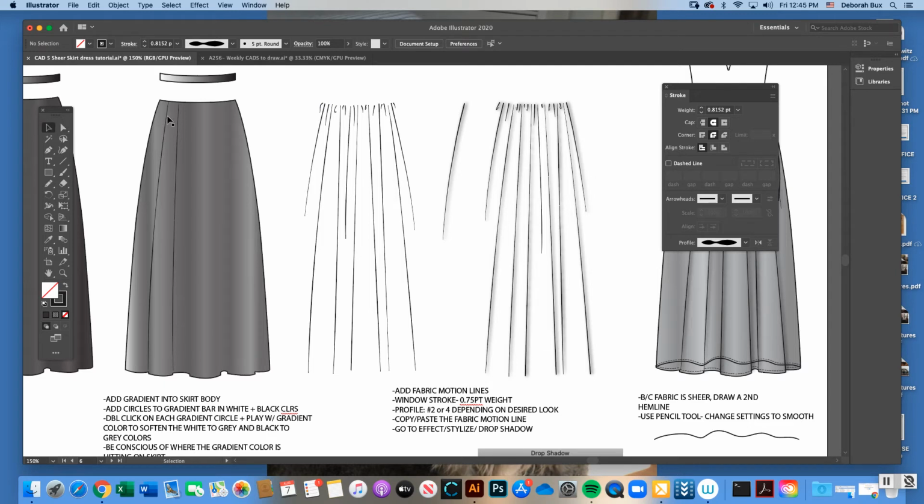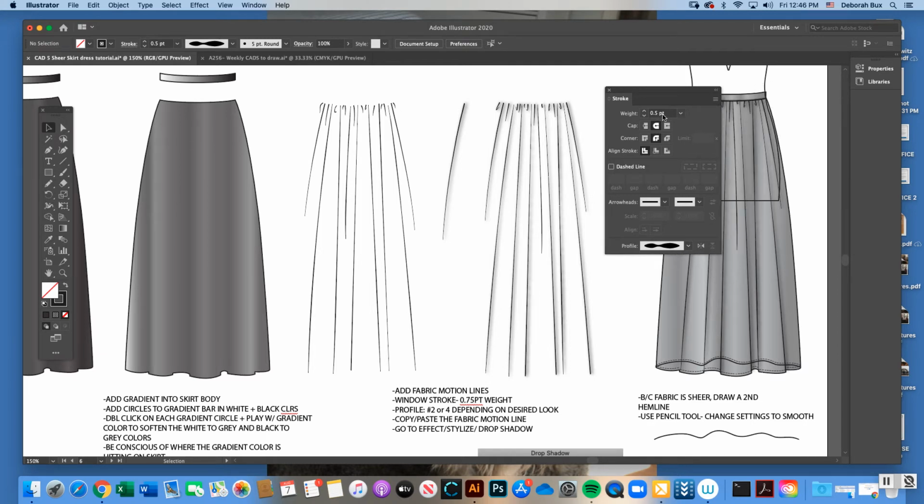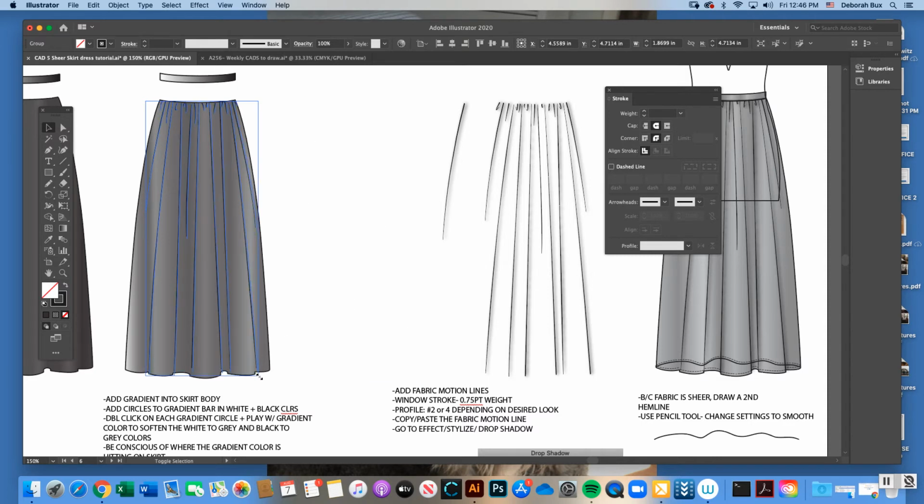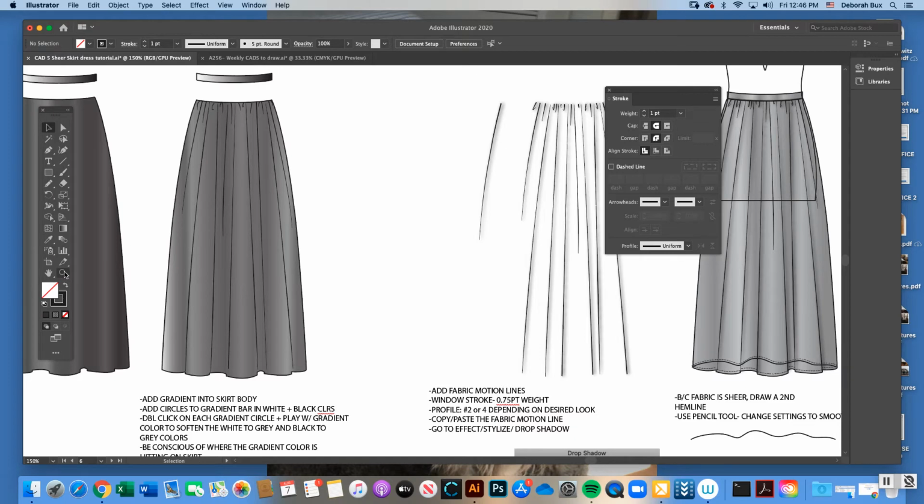So I'm going to take these two off for a second because I just wanted to show you the width stroke profile, 2 profiles here that you're going to use to do those lines. Make all your fabric motion lines a weight of 0.5, so that's important. Keep that. And then once you have all your lines, you're going to group them. But I have all mine here grouped, and I'm just going to show you when I put them over the body of the skirt